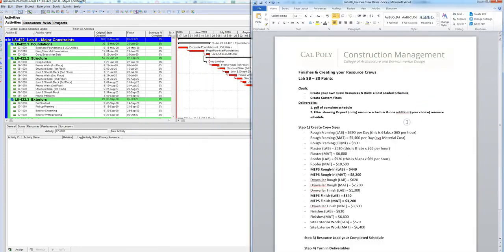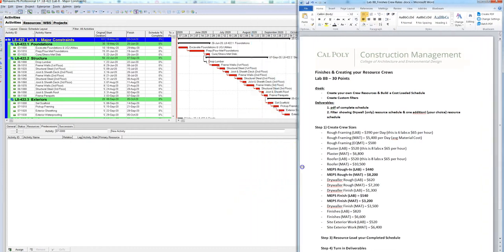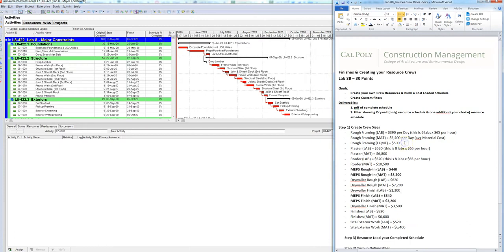Okay, so we're going to get started on Lab 8B, which is really, I should probably change this, but the whole idea is creating your own crews. I've seen some great student work in the past, whether it be for the Reno competition, senior projects, or even side jobs, that once you see how easy it is to create your crew sizes and build them into your schedule, I think it's an interesting way to see your schedule and your costs come